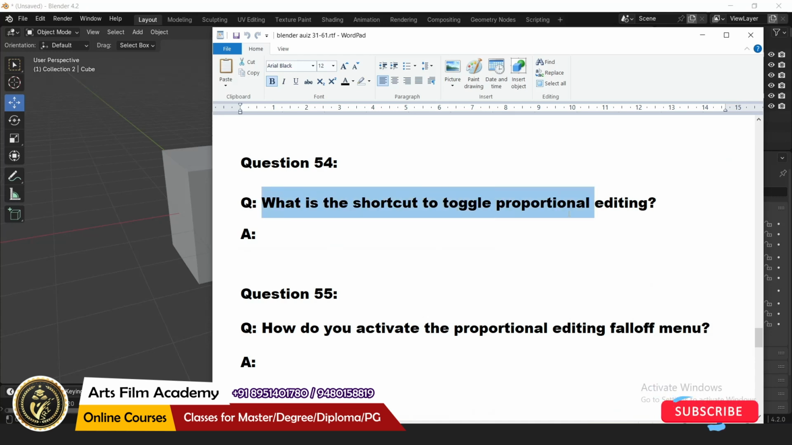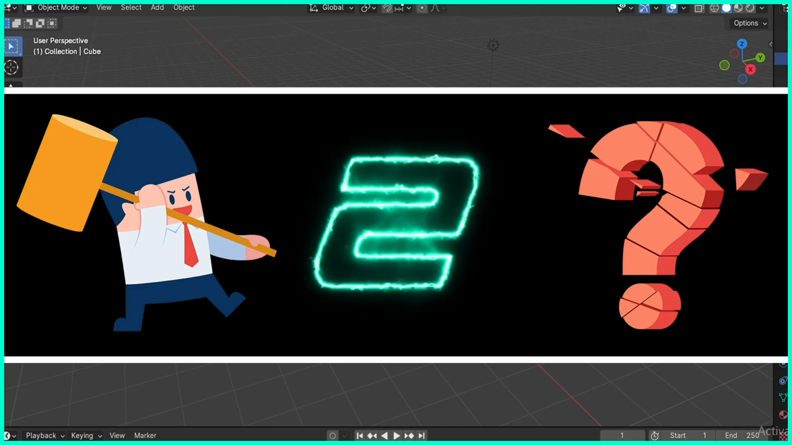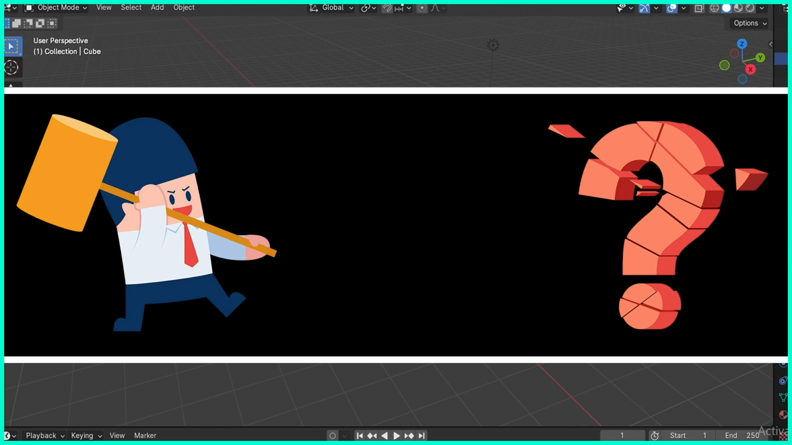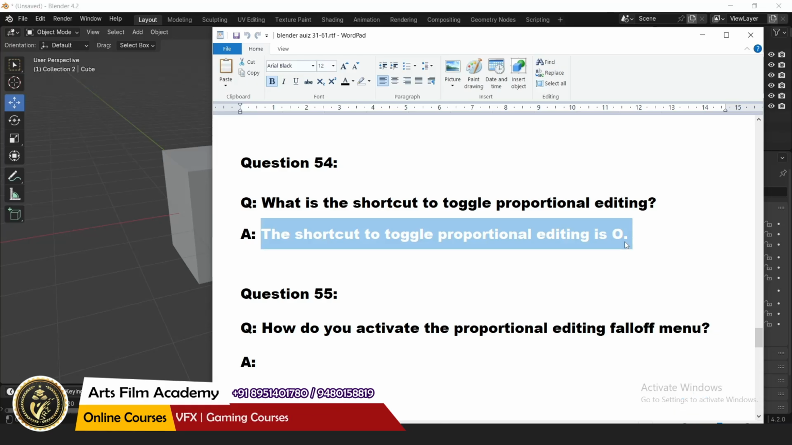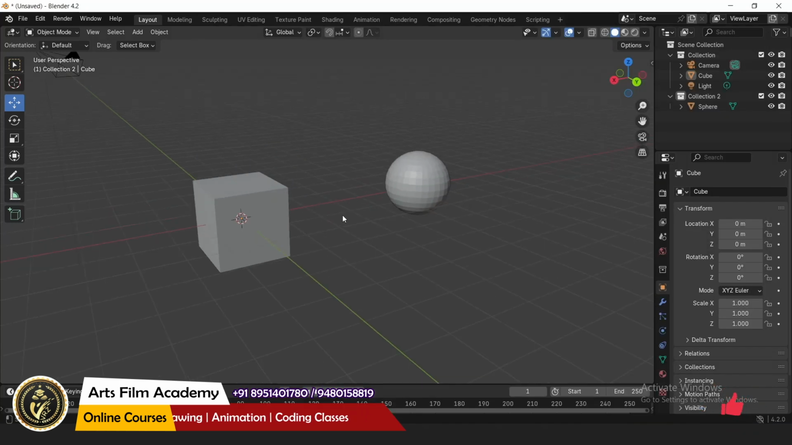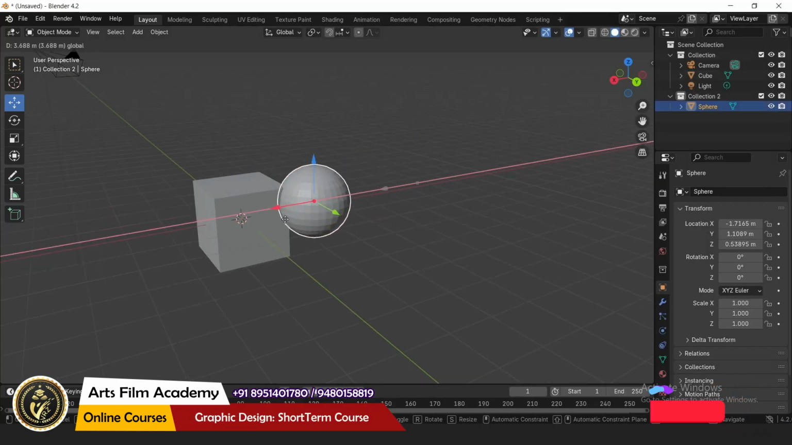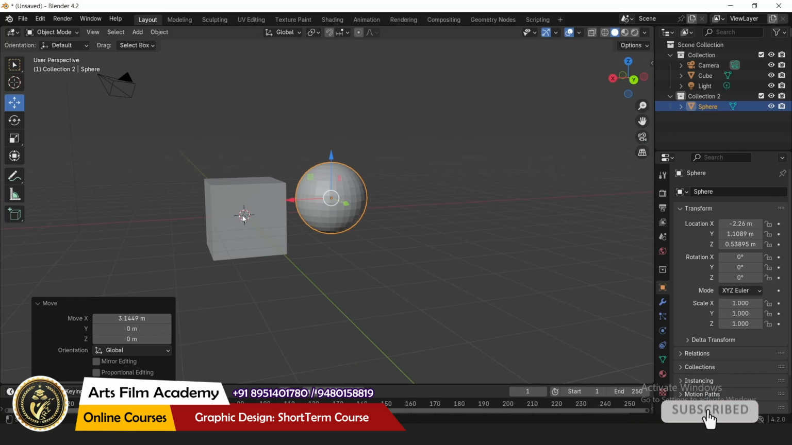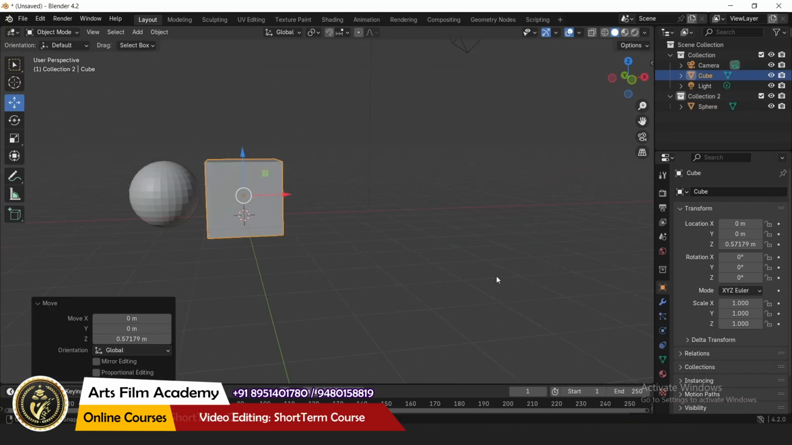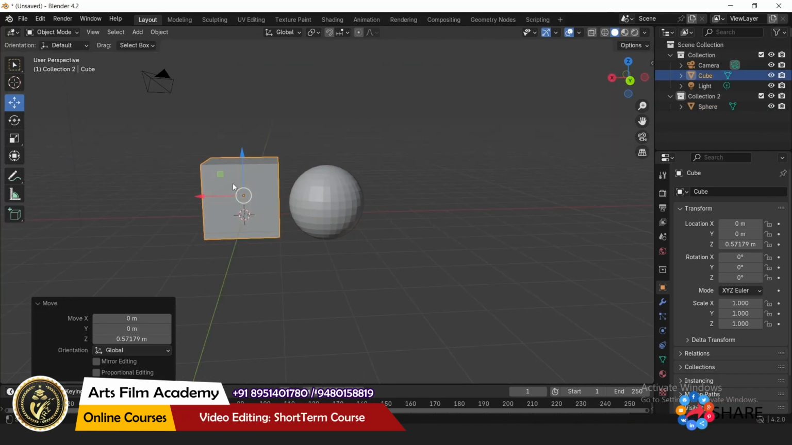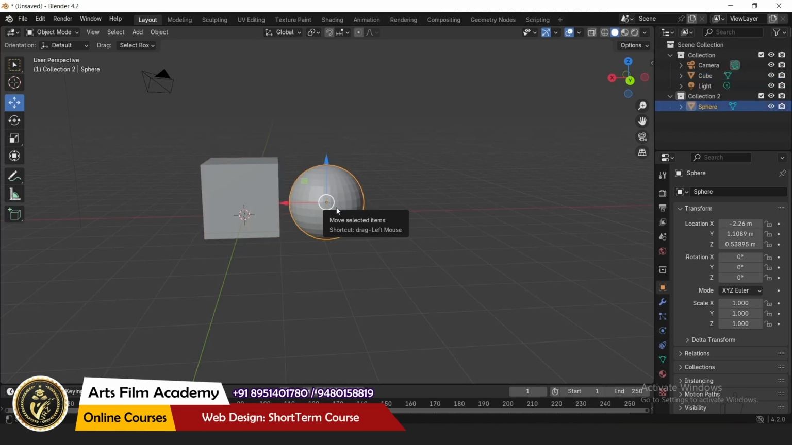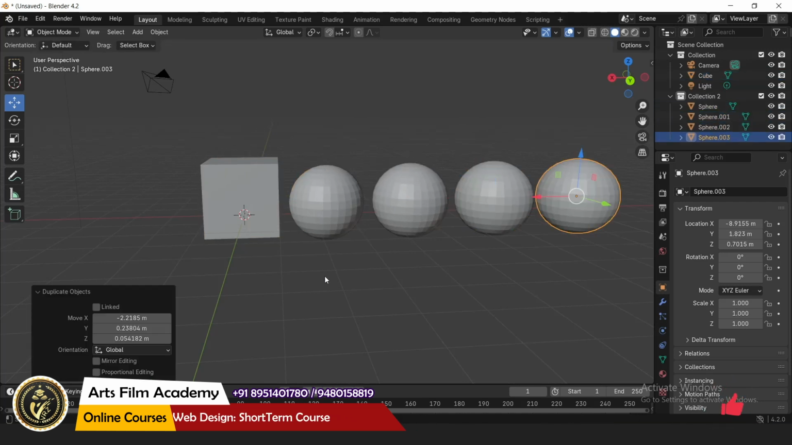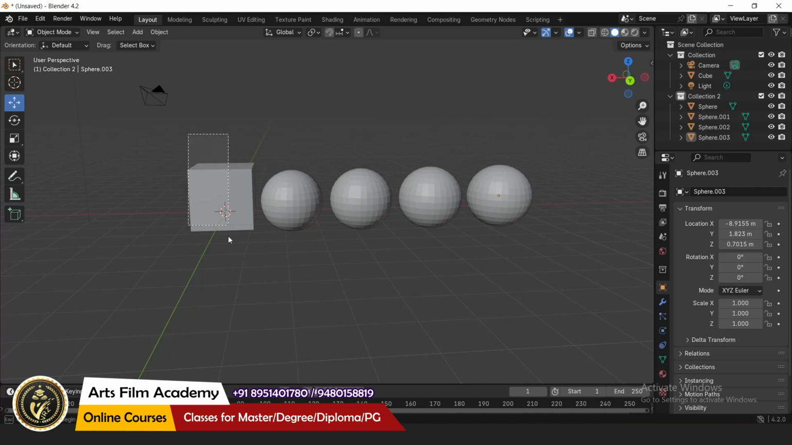What is the shortcut to toggle proportional editing? The shortcut to toggle proportional editing is O. What is proportional editing? For example, we have two geometries here. Now I need to move one of the geometries. You can directly select and move. But if I want to gradually move the additional geometry as well,